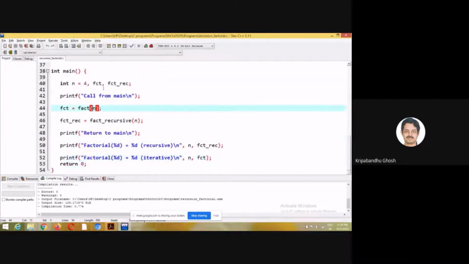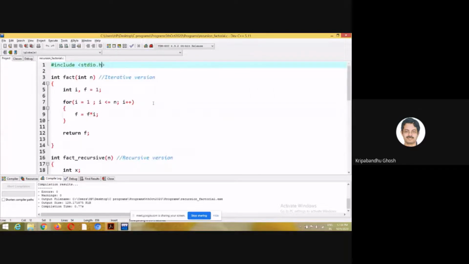So I have set n to 4, and I have called this non-recursive function, fact_n. It's a non-recursive function, so it is simple, right? You can use a for loop. So i runs from 1 to n. It's a product of the numbers from 1 to n.